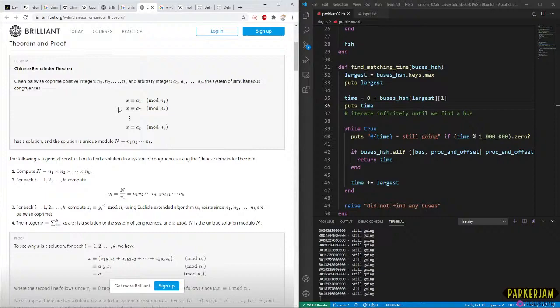So big N is essentially the product of all of our bus IDs, right? Because if n1, n2, up to nk, yeah. So that's the product of all of our bus IDs. Okay.